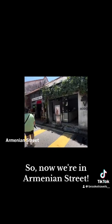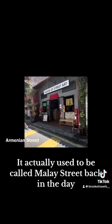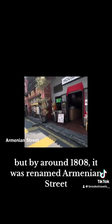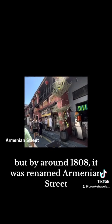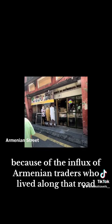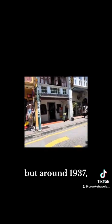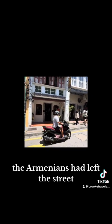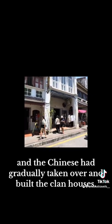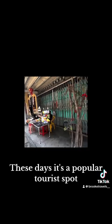So now we're in Armenian Street. It actually used to be called Malay Street back in the day, but by around 1808 it was renamed to Armenian Street because of the influx of Armenian traders who lived along that road. But around 1937, the Armenians had left the street and the Chinese had gradually taken over and built the clan houses. These days it's a popular tourist spot